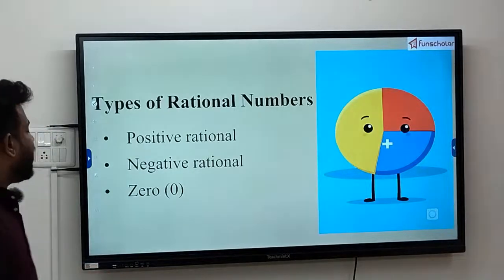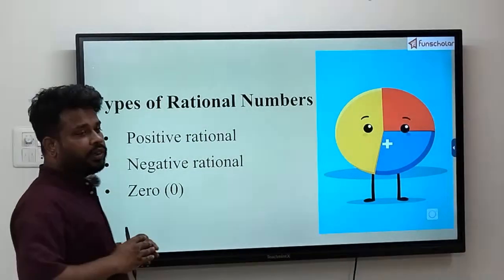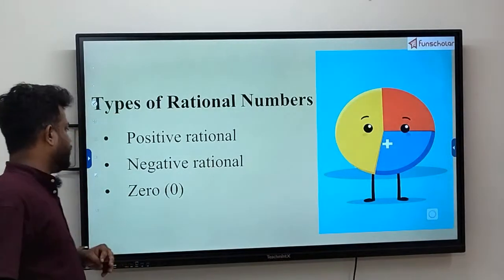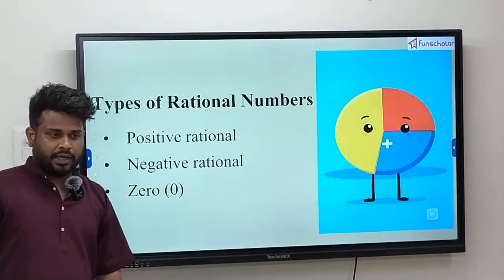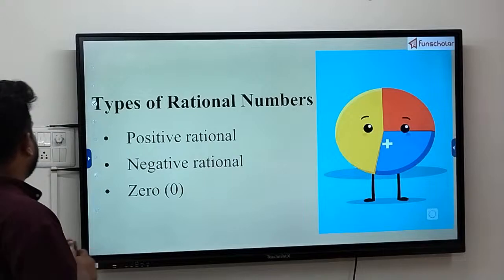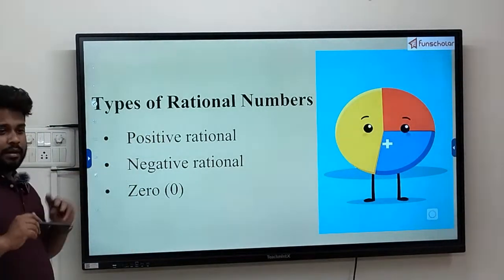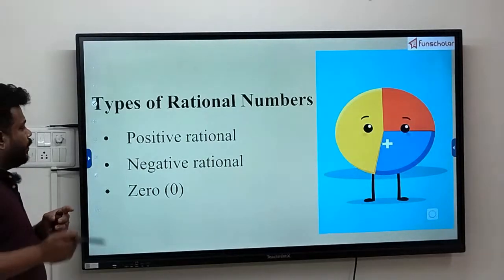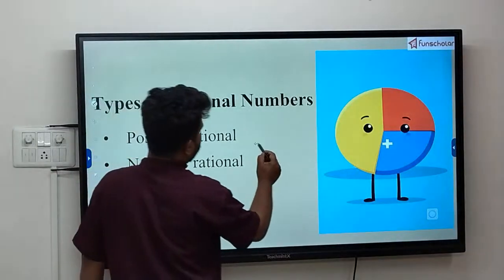Okay, so we can make a table and separate all the rational numbers into three types: positive rational, negative rational, and zero. Okay, because zero is not a rational number. I am writing the numbers. You can tell me whether it's a positive rational number or a negative rational number. Okay, tell me,